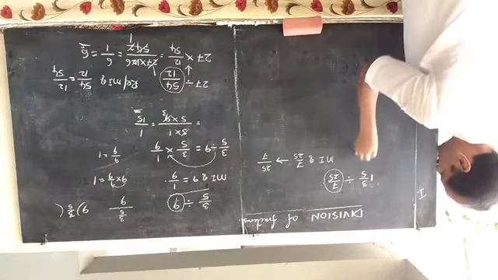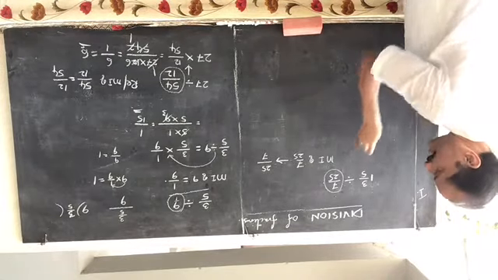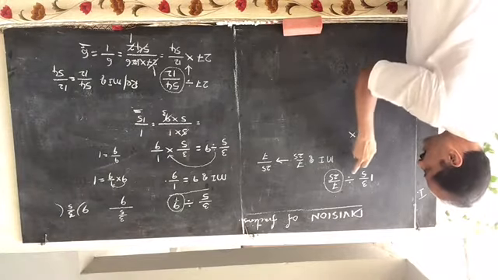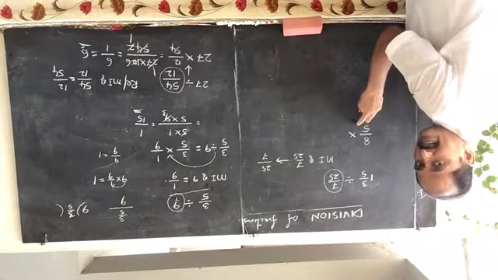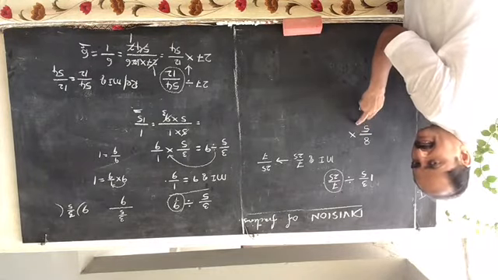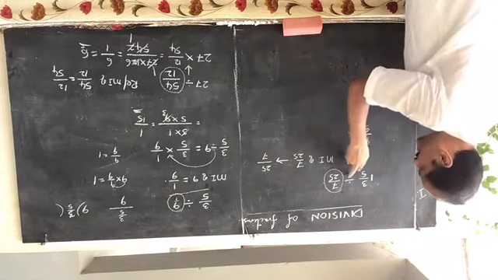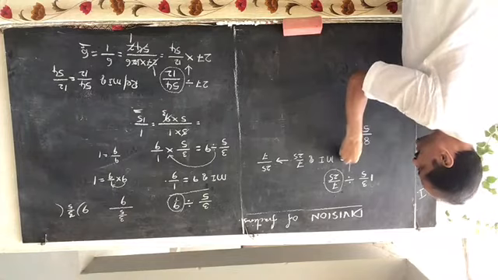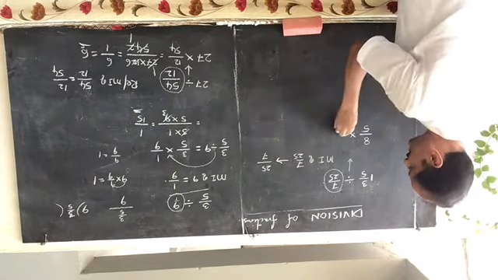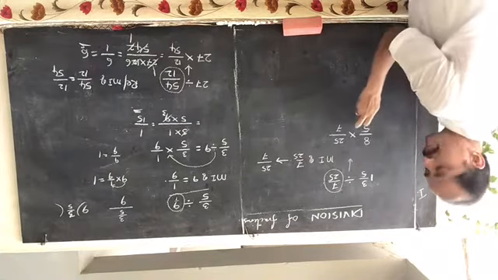Now see, write down like this: 5 ones are 5 plus 3, 8 by 5. Now divided by. Change this division into multiplication. Whenever we change the division symbol into multiplication, it is a very, very important step. Remember carefully: whenever you change the division symbol into multiplication, we should write down the reciprocal of 7 by 25. The reciprocal of 7 by 25 is 25 by 7. Now this division became multiplication.